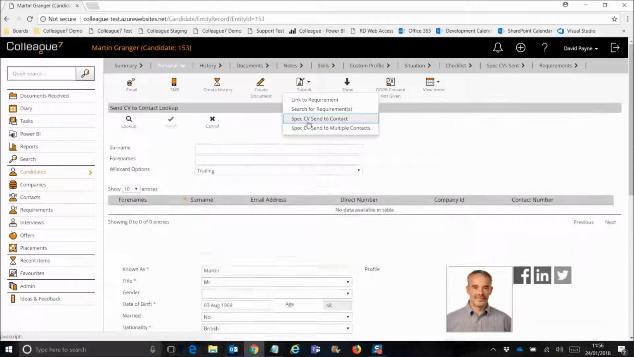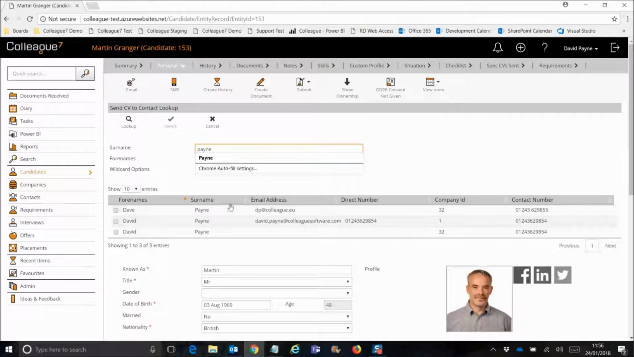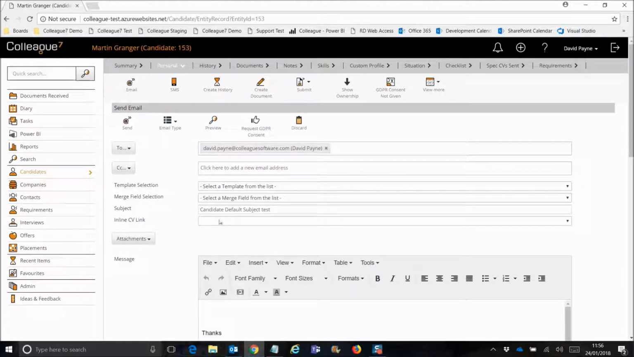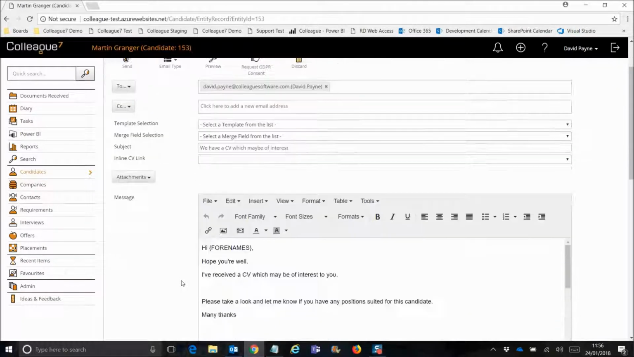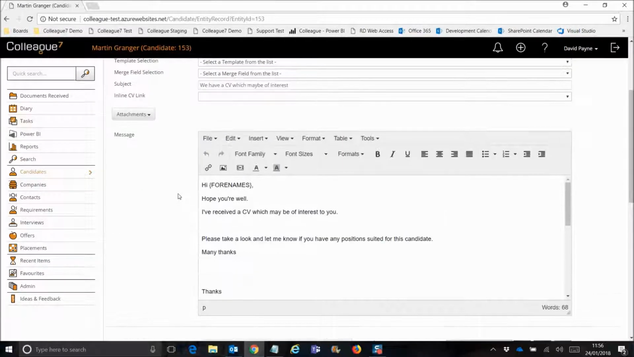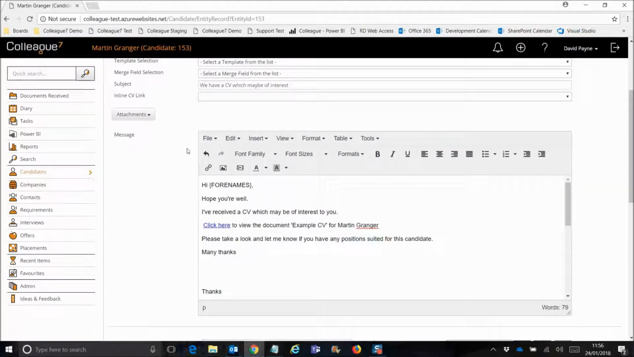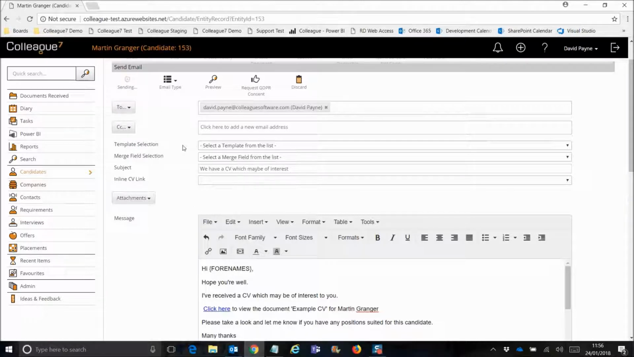So we'll run this process here to look up a contact record, and that will generate an email here. If I select one of the templates, you can see the email text there, and we'll choose that candidate's CV. So we've got an email to be sent to the contact advising that we have a CV for them that's of interest, with a link for them to download. If we hit send there,